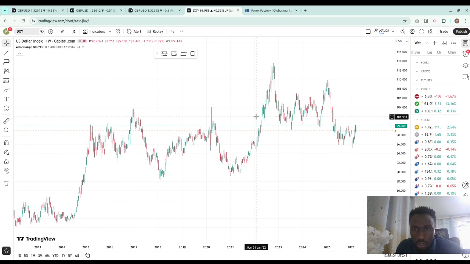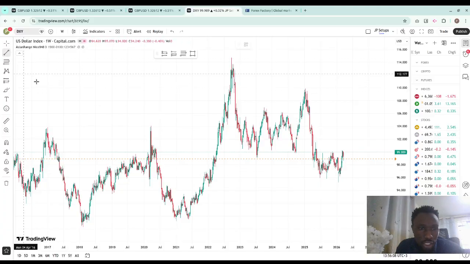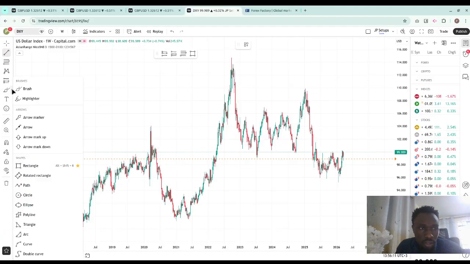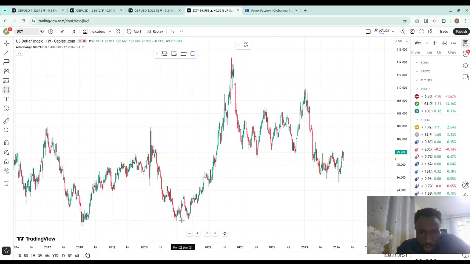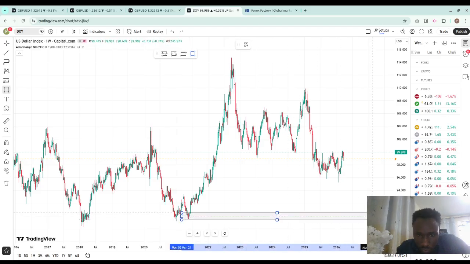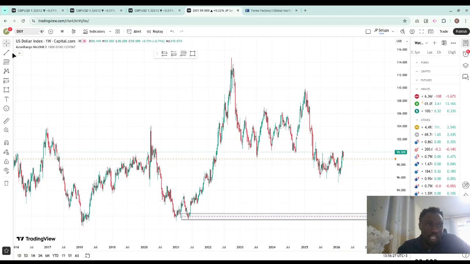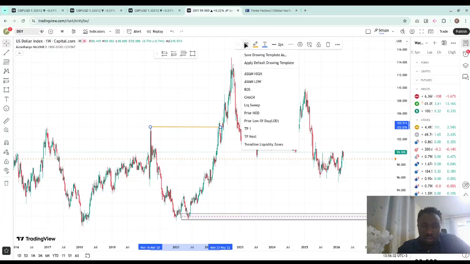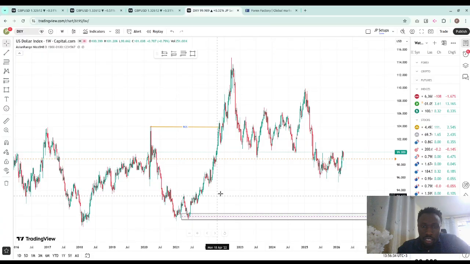So generally, you see, we are in a pullback of coming to this zone here. So you see, we have this major zone here with this break of structure. There was this break of structure. And then we are on a pullback back to the